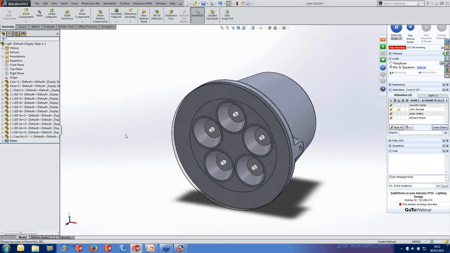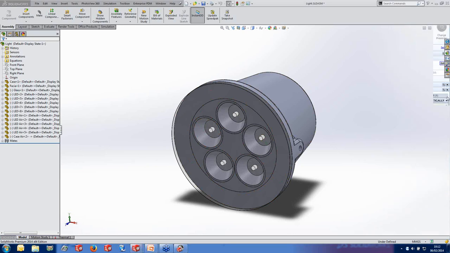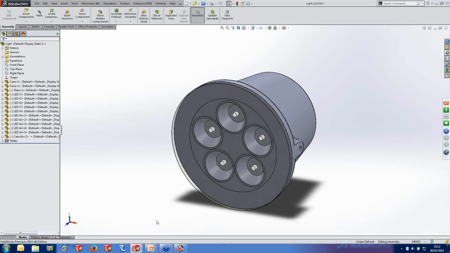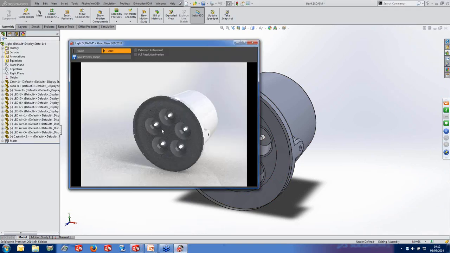Now, before we go any further and start having a look about how this design works with the heat that my LEDs are kicking off, I just want to mention something else. I've left this all as a steel effect because I think it's going to look quite nice on my finished light. But the LEDs, you'll notice here, are just showing sort of a paler grey. What I've done for the LEDs is I've actually applied an appearance to them of white LED. Now, why might I do that? Well, in the background, I've got a